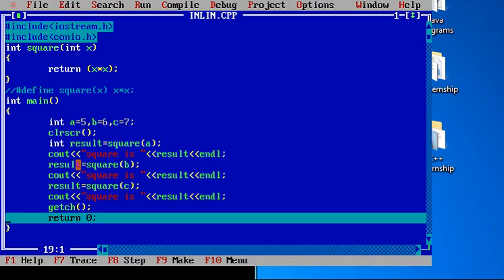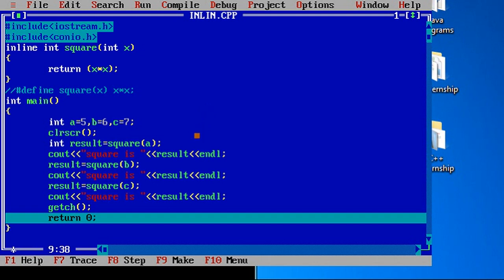So this is nothing but an overhead to the compiler, and this is a time consuming process, right? If we are calling a function 100 times, then 100 times the compiler has to do this procedure, and because of that the program may slow down, right? So the solution to this is we can make this function inline. What will happen is, instead of jumping from here and there, the function definition will be substituted at the function call itself. So here itself the function definition will be substituted, right? Because of that there is no overhead to the compiler, so that will be minimized.